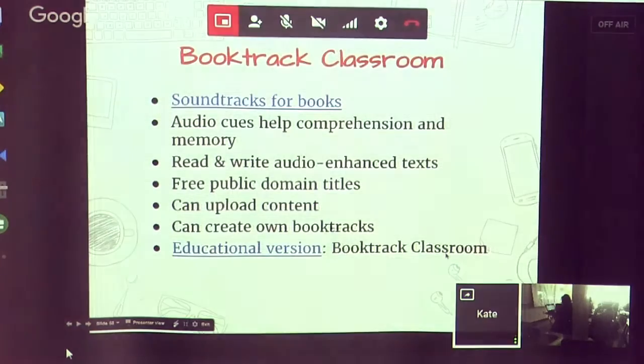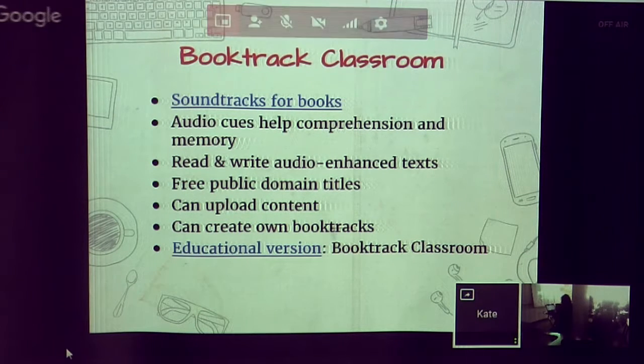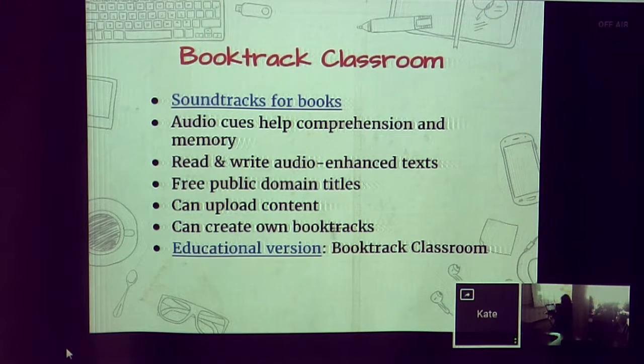Book Track Classroom is great too, and this is a little different. This is a soundtrack for books, so it's not just the audio of narration of someone reading the audiobook to you. It's also having layers of sound, like a movie soundtrack that goes with it. They have a studio version too, in which you can upload your own content and you can create your own book tracks, and they have an educational version that lets you